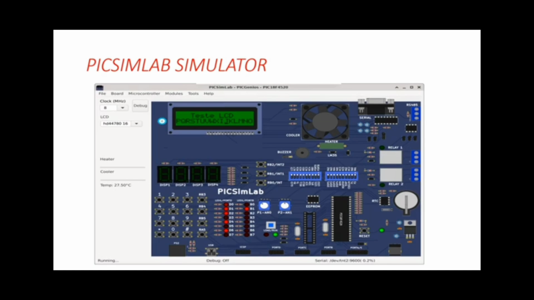And there is a fan, heater, cooler, buzzer, and LM35, and we are also having a buzzer and cooler. So now coming to this green color screen, we have this called LCD, liquid crystal display, and also there are lots of components. So we have seen that lots of components are connected to this board. So now I am pointing to these, which are called potentiometers. So this is the overall peripheral of this PIC simulator board.